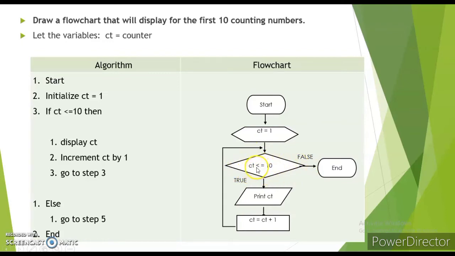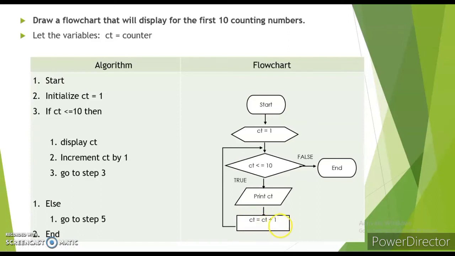Ang nakalagay dito, class, is count less than or equal to 10. Now, if true, number is count is greater than or equal to 10. If true, it will print the count, it will print the number. I-input niya yon, and then class, ipaprocess niya dito, go down here, tawag dito, mag-i-increment na yan, so CT